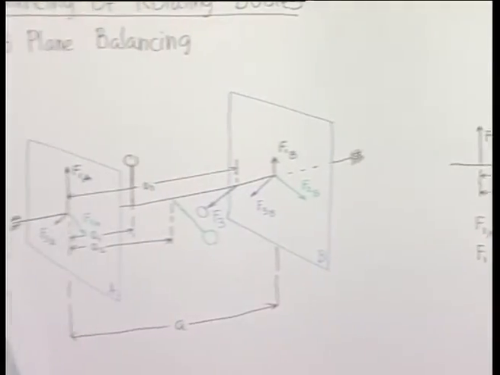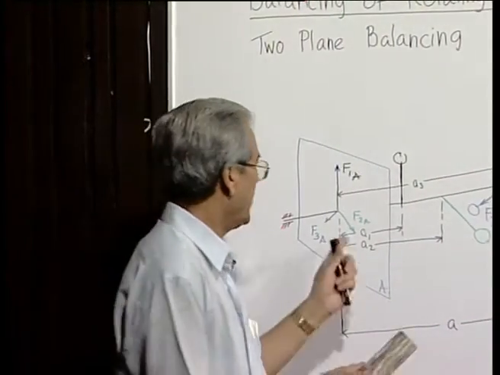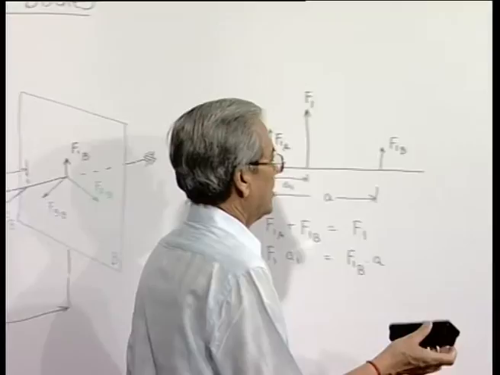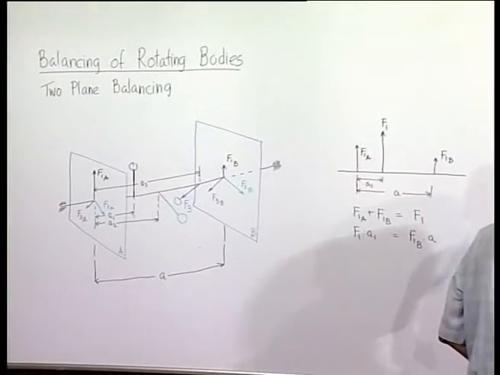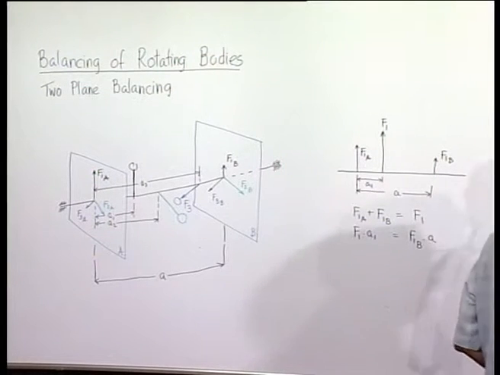So, now you see what we have, the two planes, all the unbalanced forces are represented by an equivalent system in which,